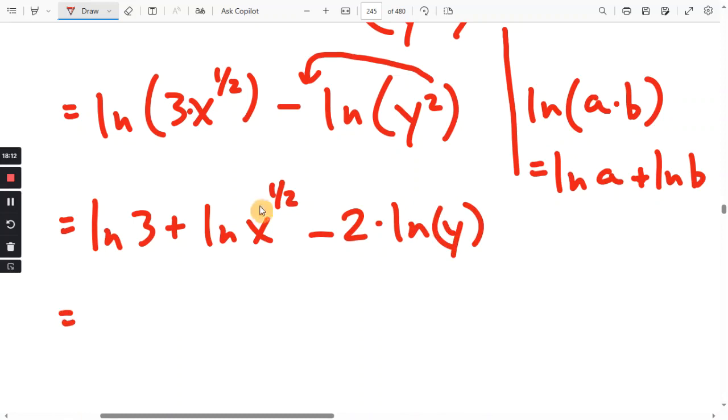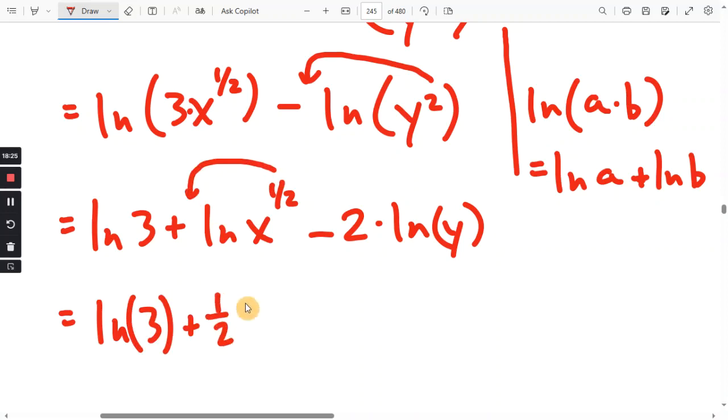All right, and on this one here, we can move the exponent here. ln of 3 is as is. That's just ln of 3. Here, the exponent is moved out front. So that's 1/2 ln of x. And this exponent, we already moved out front. Minus 2